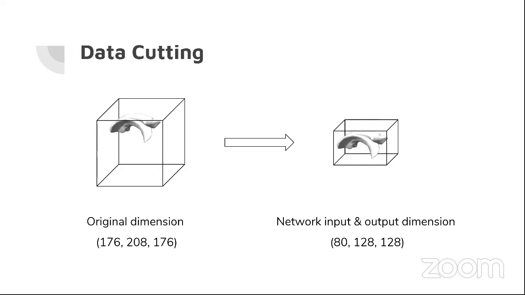Hi everyone, I will talk about the data cutting part. After we load NPZ files into Python as NumPy arrays, we found that the output arrays are so sparse, which means most of the entries are zeros. The reason is that the ventricles are small parts in the brain,